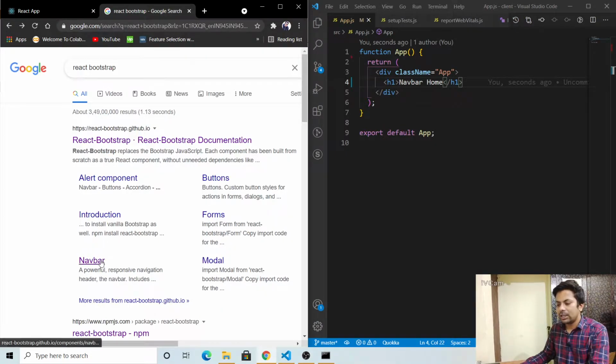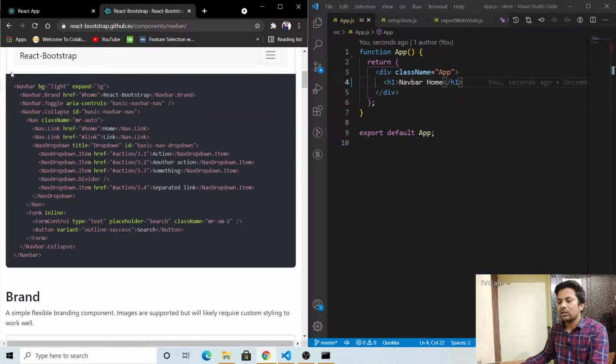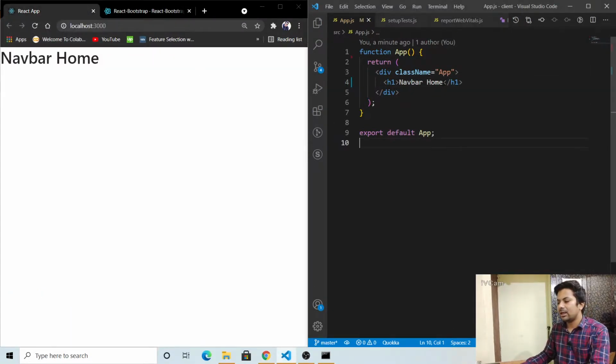and after that you can just go back and see there will be navbar written. Okay, you can see there is a navbar written. Just open the navbar, and you can see this is the navbar. No, it's not as easy as you think. Okay, just copy paste. So let me come here, and here let me write home only.